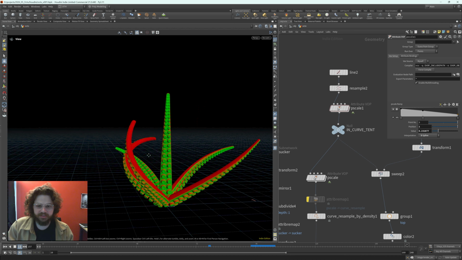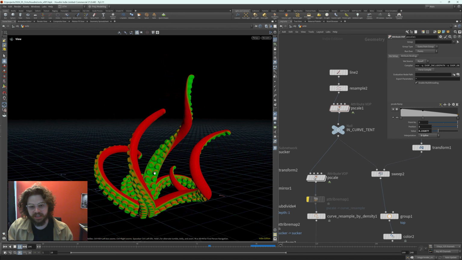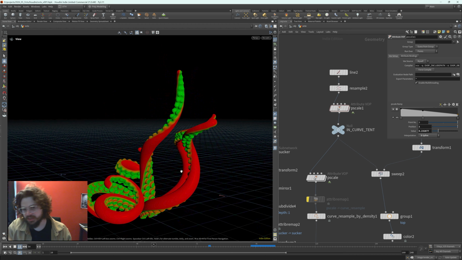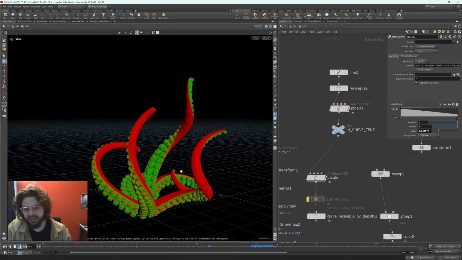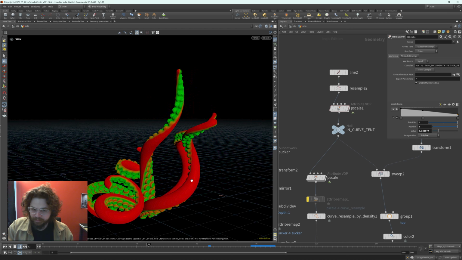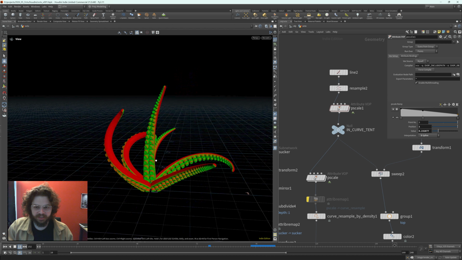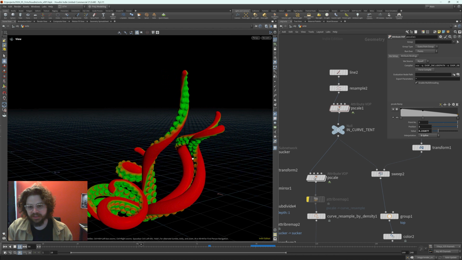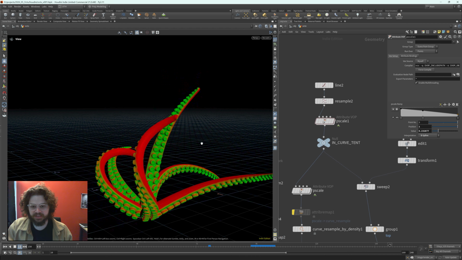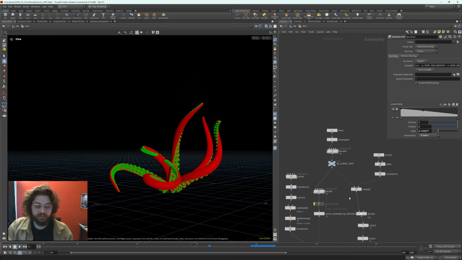So I'm going to walk us through this setup. I'm going to start with the modeling aspect of it, and then we'll move into the KineFX setup, heavily inspired by CG Wiki, Matt Estella's stuff. So let's go ahead and get started here. We're going to be recreating something like this. I'll recreate some of the node structures if I think it needs some further demonstration, but we have essentially